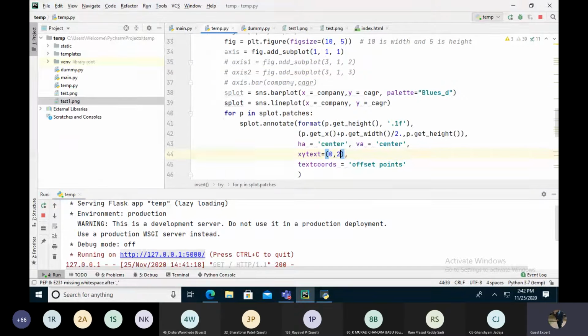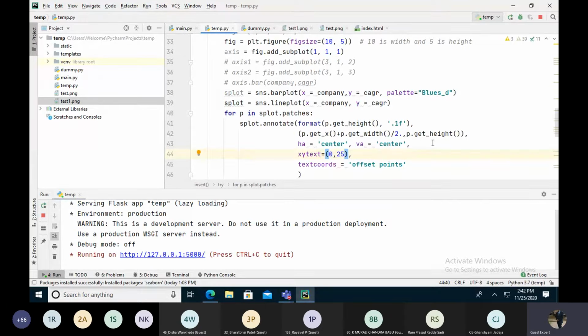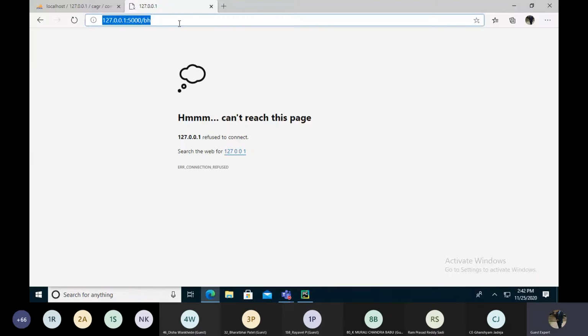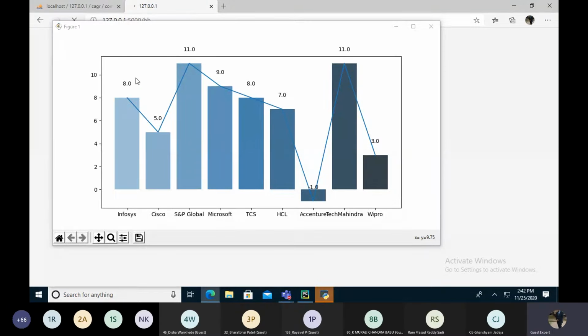If I change it to 25 and run it again, you see the text has moved upward.